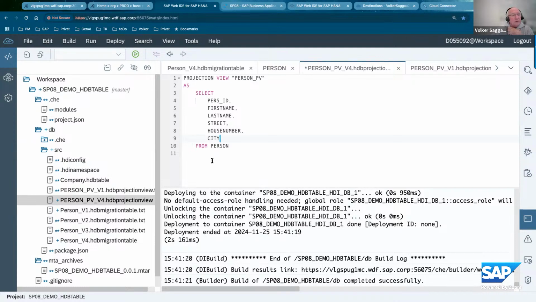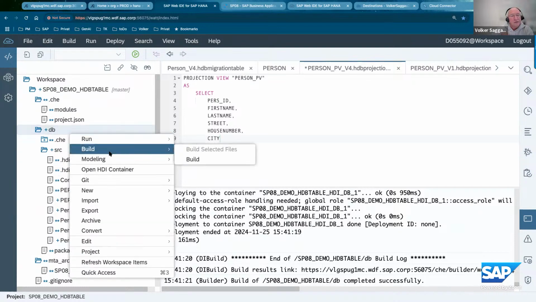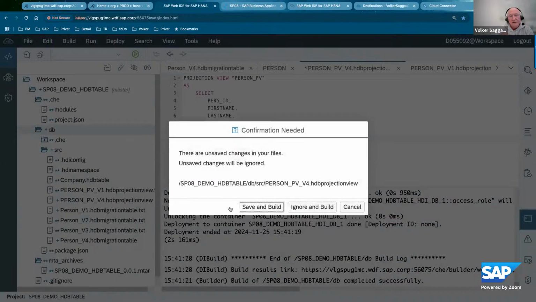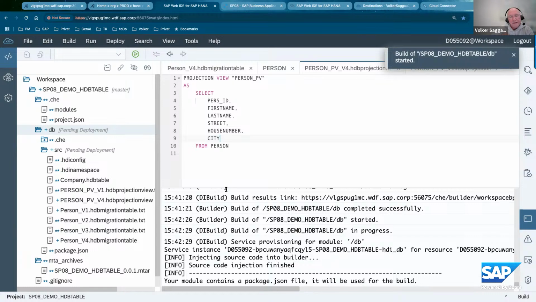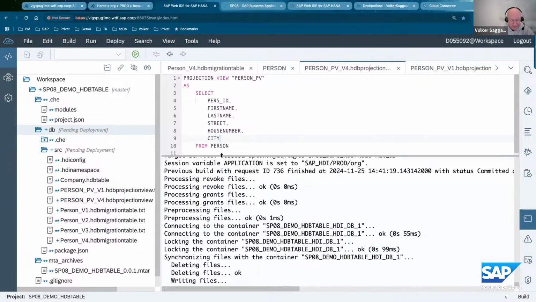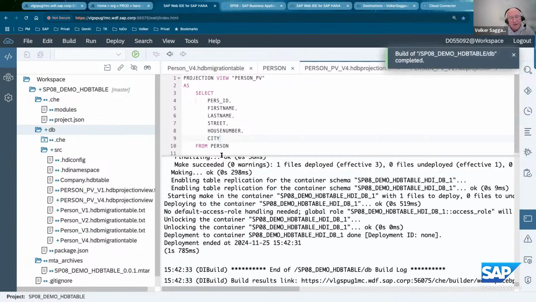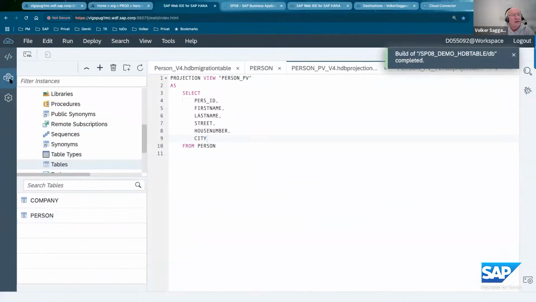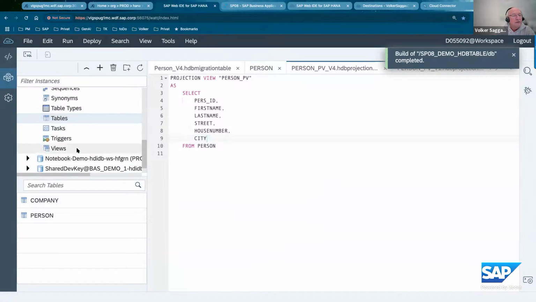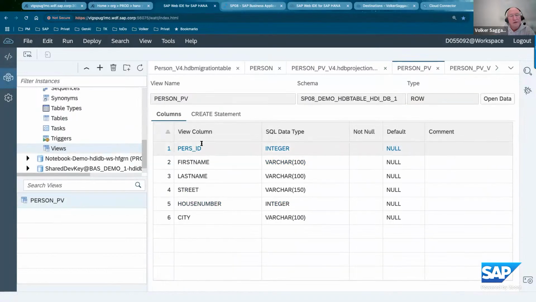In the sequence, we want to have the columns. Everything else in the behavior of the table is the same. So let's see if we can get that through as well. Yeah, save the stuff. So we can get through all of this. And on the other side, we now have a view here with the right sequence we wanted to have,